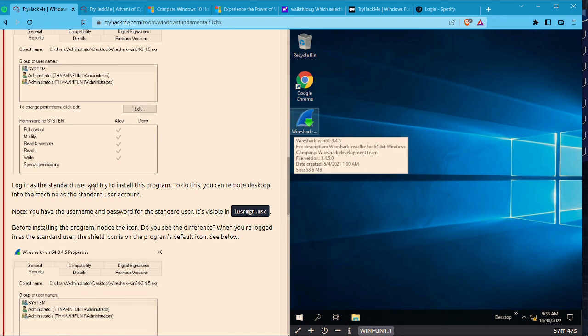Log in as the standard user and try to install this program. To do this, you can remote desktop into the machine as its standard user account. Note: you have the username and password for the standard user. It's visible in local user,